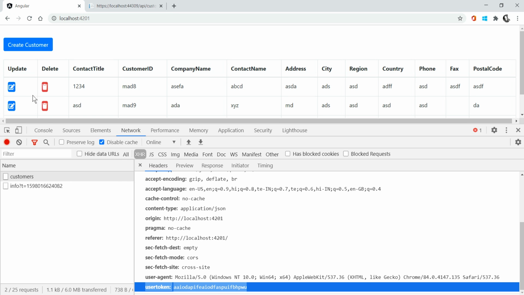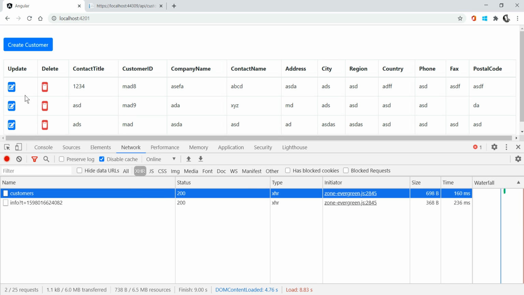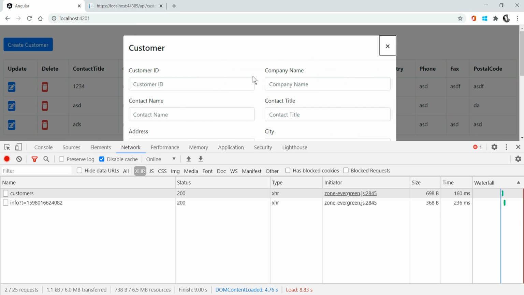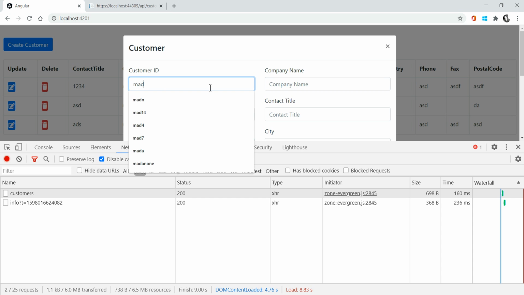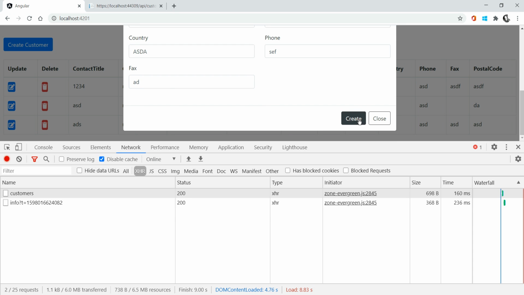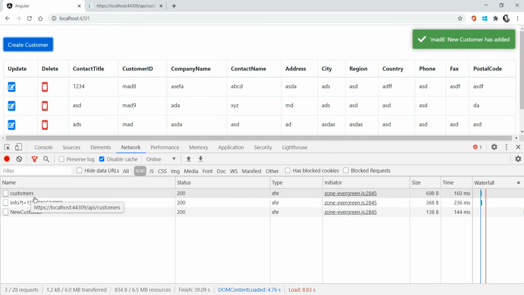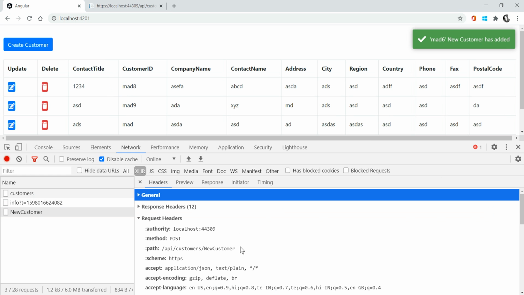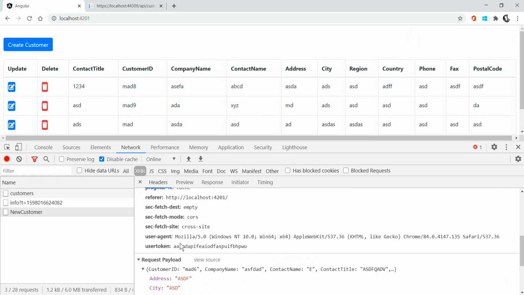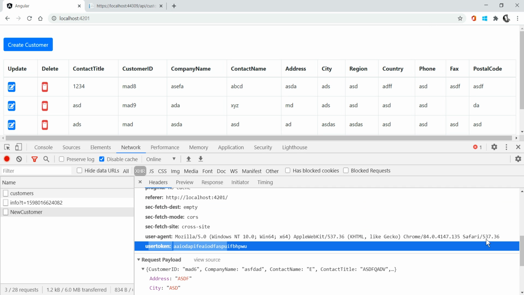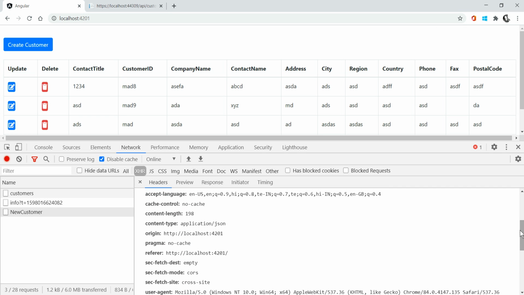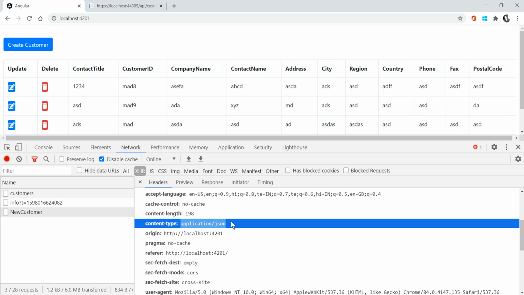Not only that, if you try to create a new record, it contains the same header section. See, the user token is this one, and the content type is application JSON. I added these two from the interceptor.